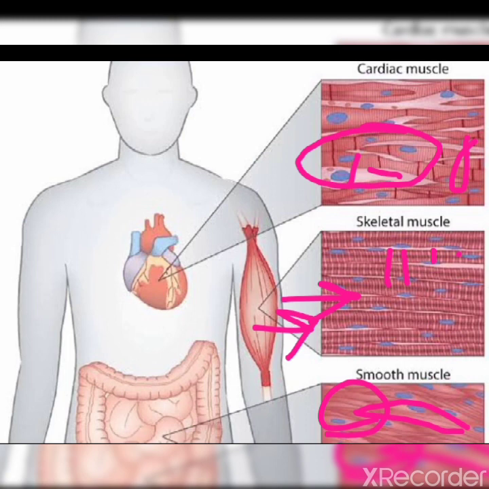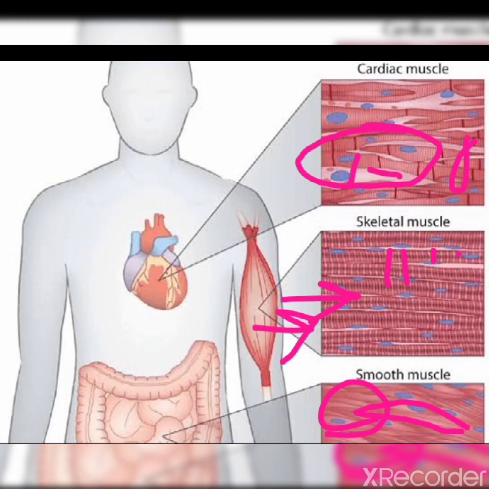Voluntary muscles are under our control. Involuntary and cardiac muscles are not under our control or will. Voluntary muscles help in the movement of bones. Involuntary muscles help in the movement of food, movement of urine from the urinary bladder, and so on. Cardiac muscles cause the rhythmic movement of the heart, resulting in circulation of blood in the body.